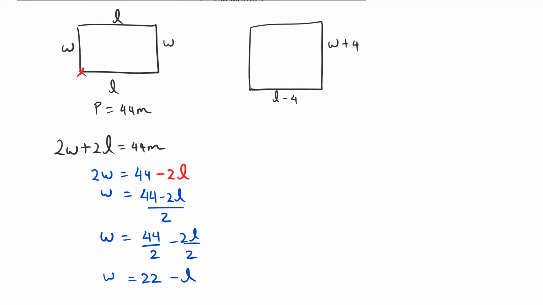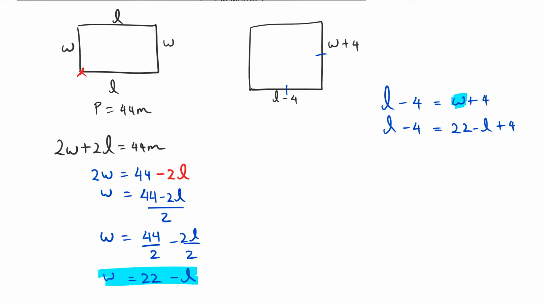So what we also know from the square part is that these two sides are equal to each other. So we can say L minus 4 is equal to W plus 4. And now we substitute, because we figured out that W is equal to 22 minus L. So I'm going to substitute it in there, and I'm going to get plus 4. So L minus 4 is equal to 22